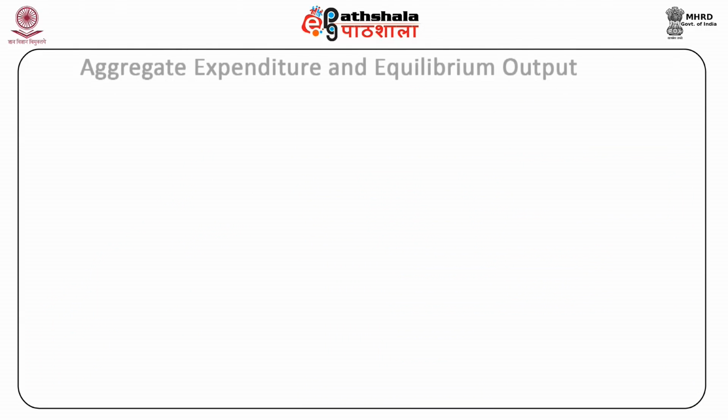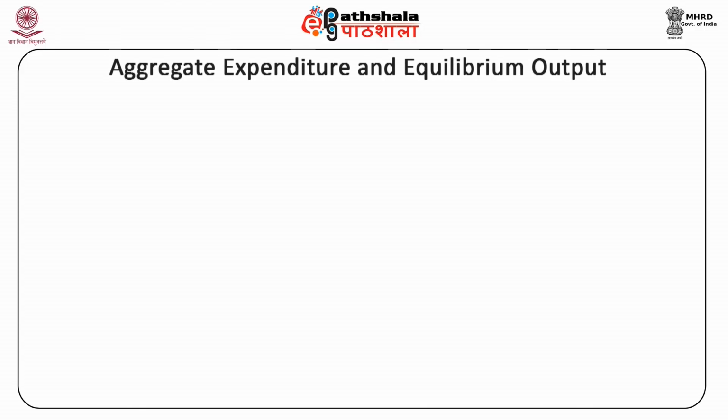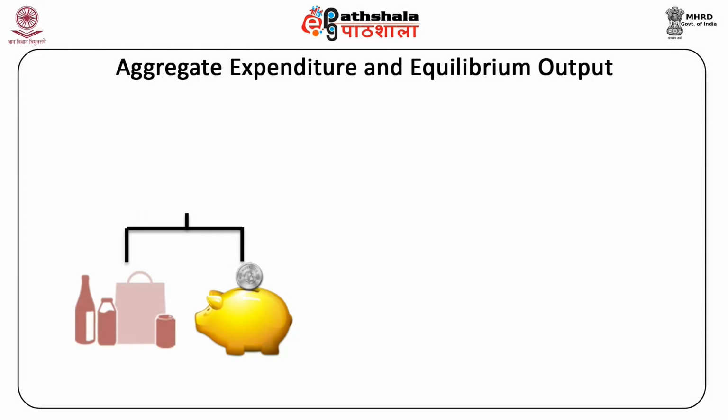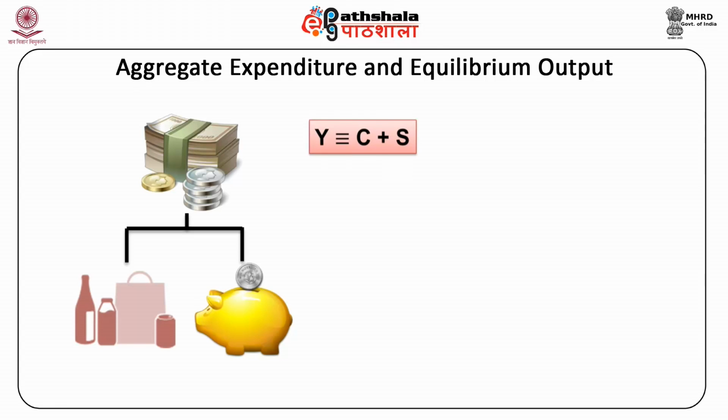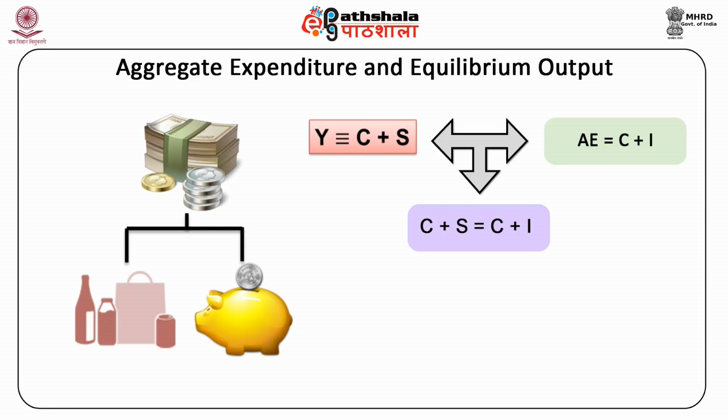There is an alternative formulation of the simple Keynesian model equilibrium determination in terms of saving and investment. Income is either consumed or saved in a two-sector model. So, Y is equal to C plus S and AE is equal to C plus I, and hence the equilibrium condition Y is equal to AE can be rewritten as C plus S is equal to C plus I, or S is equal to I. Therefore, at equilibrium,